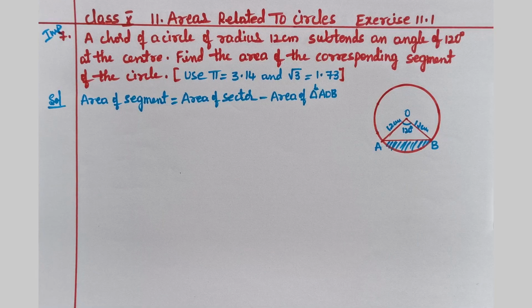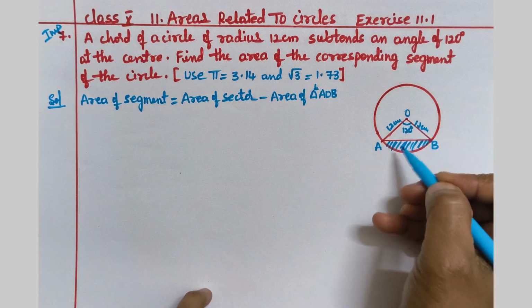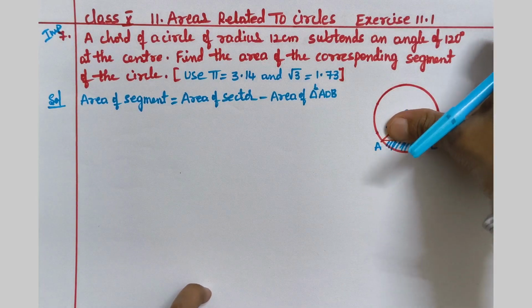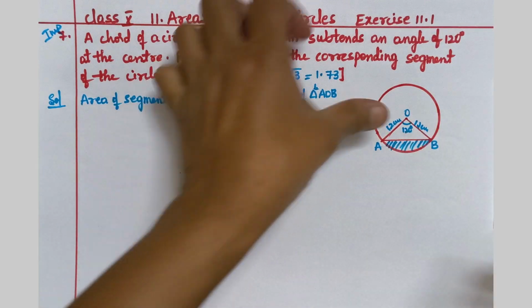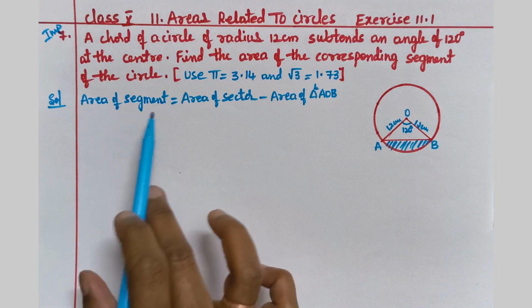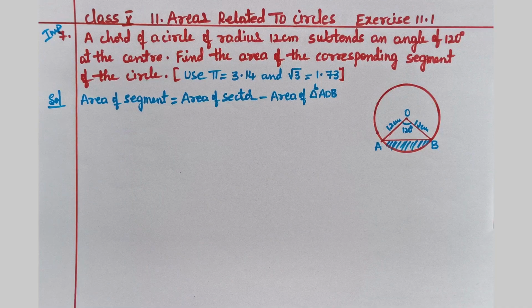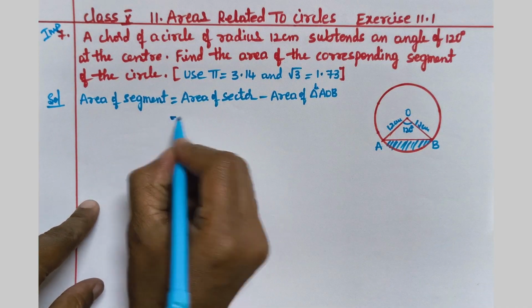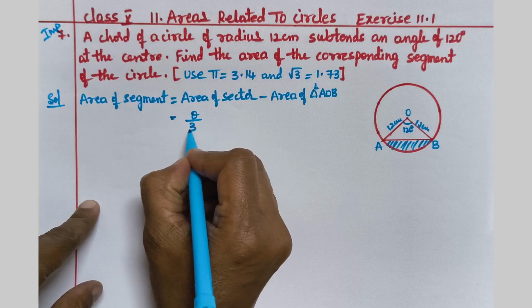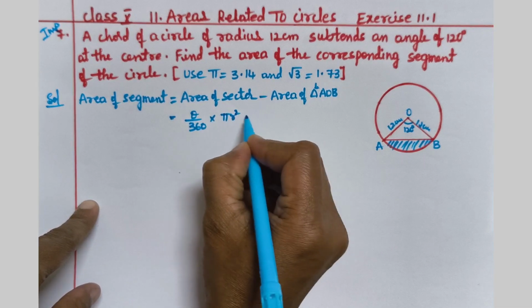Now see here, area of segment. How will you find the segment? Area of the sector minus the area of the triangle gives you the segment. So first, write: area of segment is equal to area of sector minus area of triangle. The area of the sector formula you already know. Area of the sector is theta by 360 into pi r square, minus